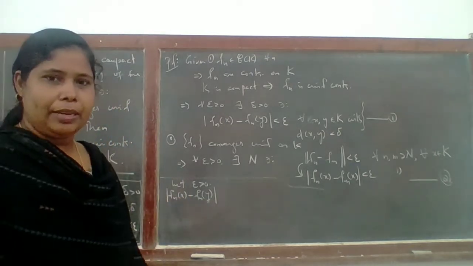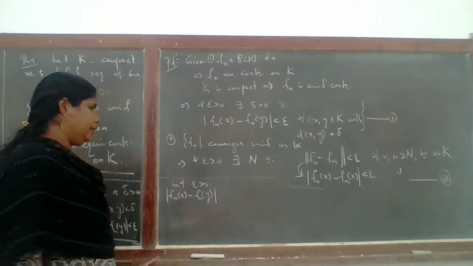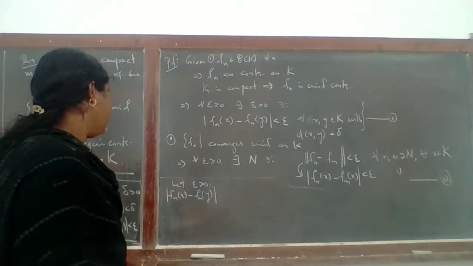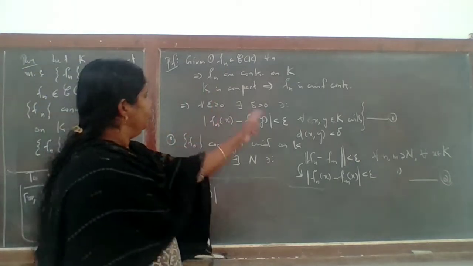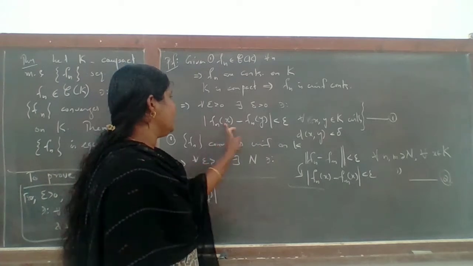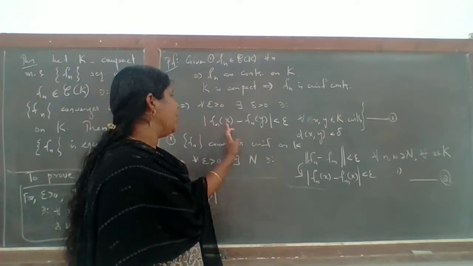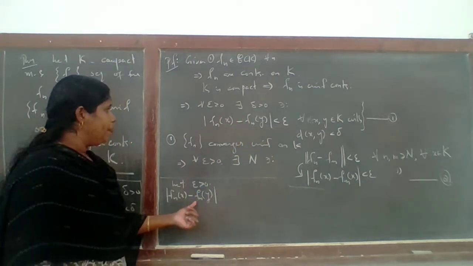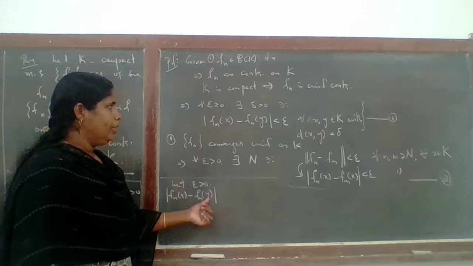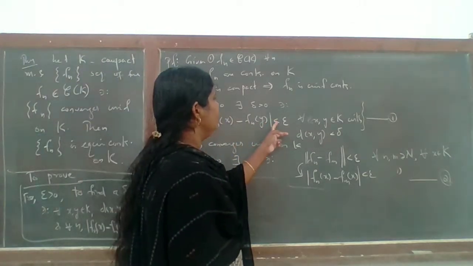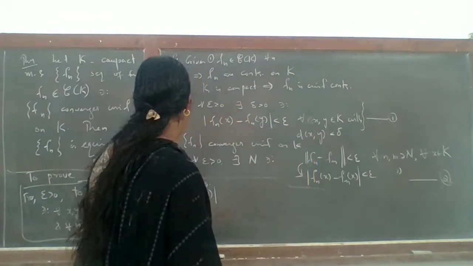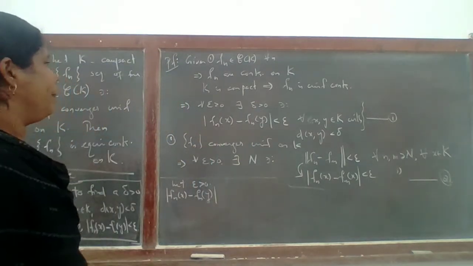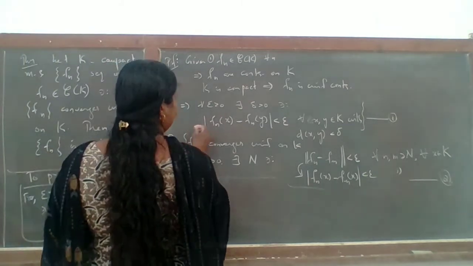Okay, we have to produce which delta satisfies this. So in order to make use of this, you can see this is f_n(x) minus f_n(y), the same function evaluated at 2 points. So this inequality is real. Here we have the same function evaluated at 2 points, and this is true for all x, y in K with d(x, y) less than delta, for each n.